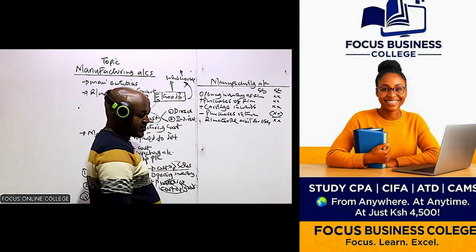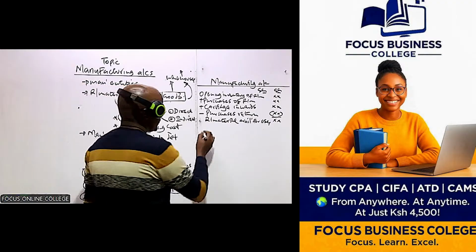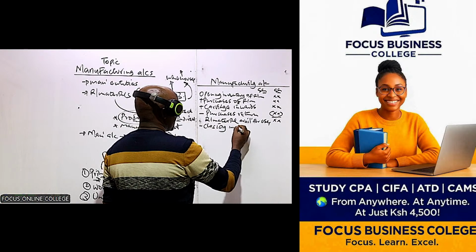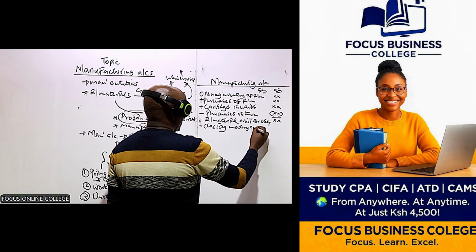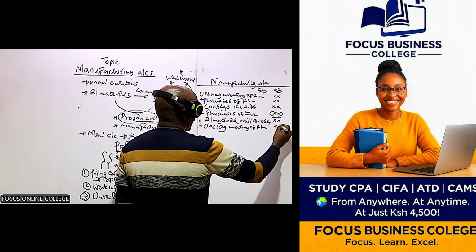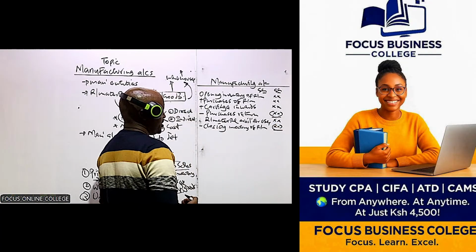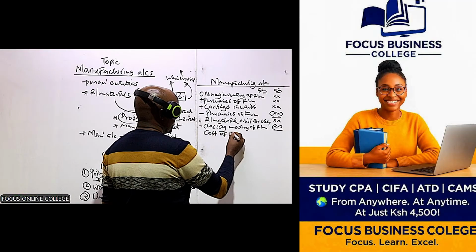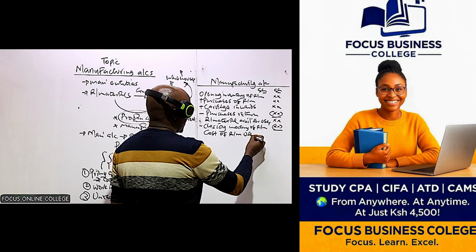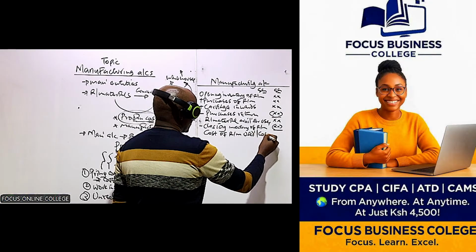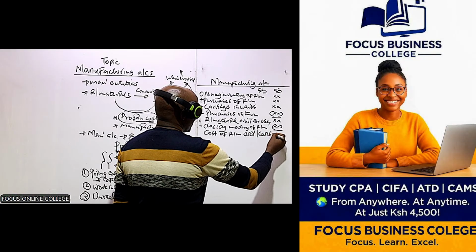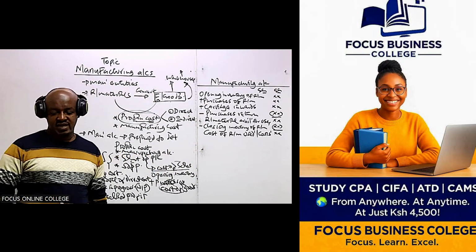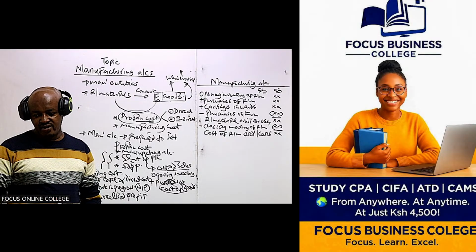For use. Raw materials available for use. And then to this, we less the closing inventory of raw materials. So once you have deducted the closing inventory of raw materials, we get something called the cost of the raw materials which were used, or the cost of raw materials which were consumed. So these are the raw materials which were consumed, or basically which were used during that year.